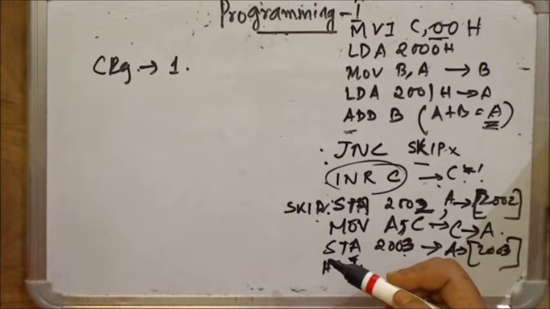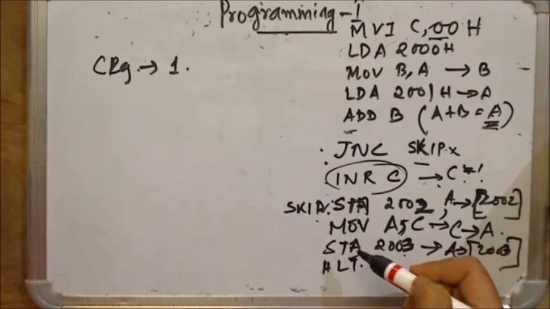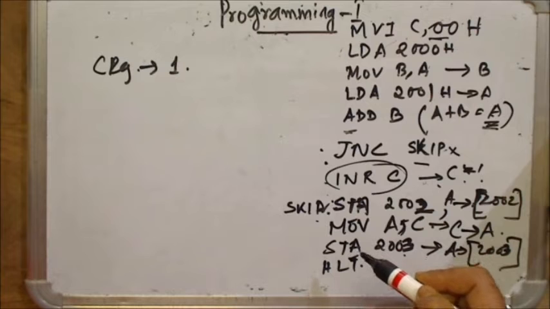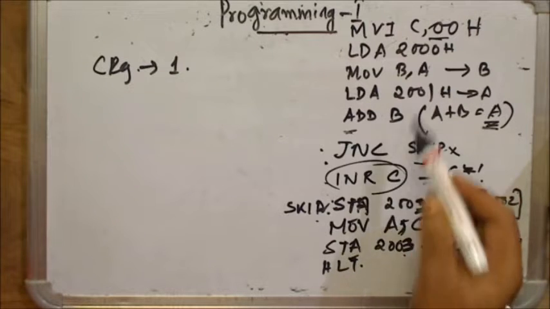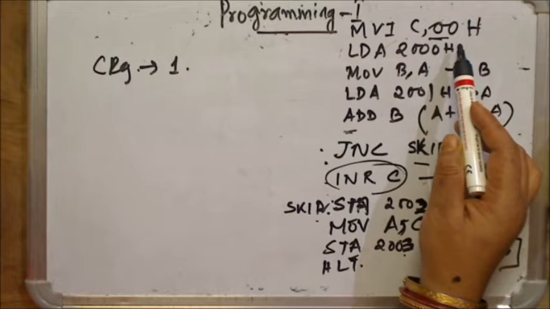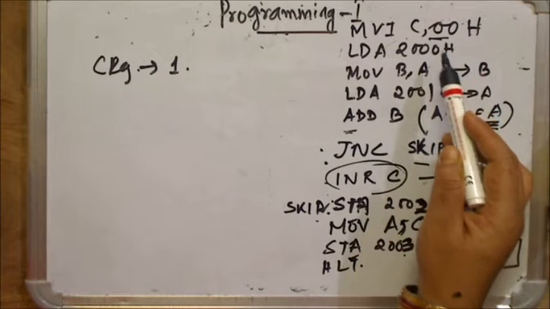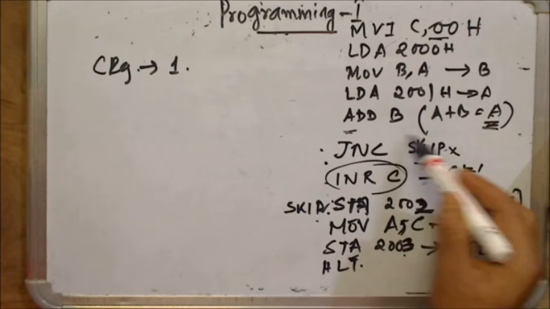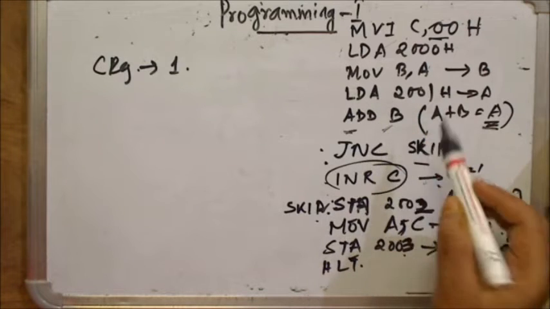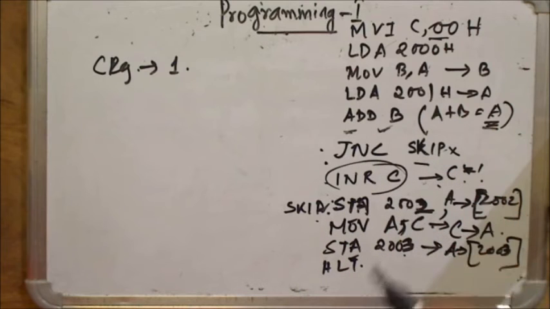So I hope the handling of the carry is clear. After this, in any program, if there is a carry, this is how you are going to deal with this. The procedure is the same. Take the register C as 0 by default. Do whatever you want to do till the part where carry can be produced. Suppose up to here, you do whatever you do. But after here, there is a possibility of a carry.